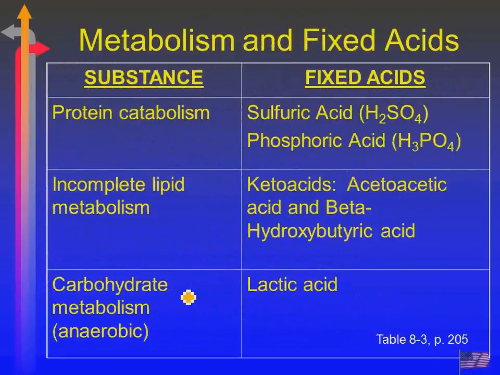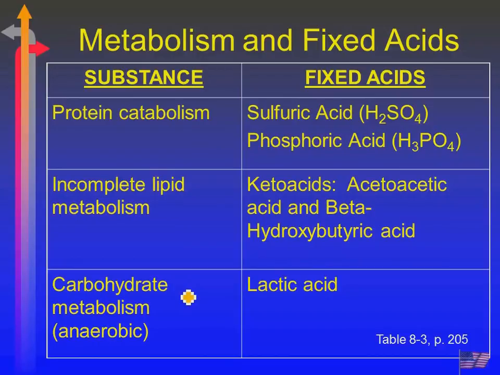I would like you to know these different acids that are present, the fixed acids, and kind of where they come from. Proteins, when they're broken down, they generate sulfuric and phosphoric. Fats, when they're broken down, as I just mentioned, develop these keto acids, acetoacetic acid and beta-hydroxybutyric acid. You can just call them keto acids. I'm happy with that. But these are basically the metabolic pathways that exist when you have different